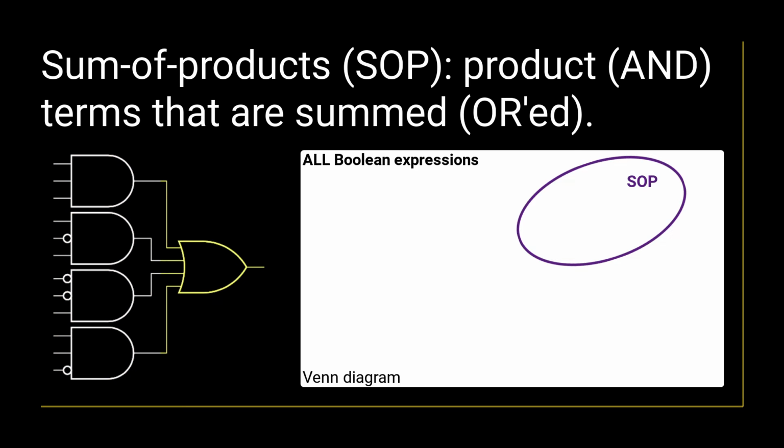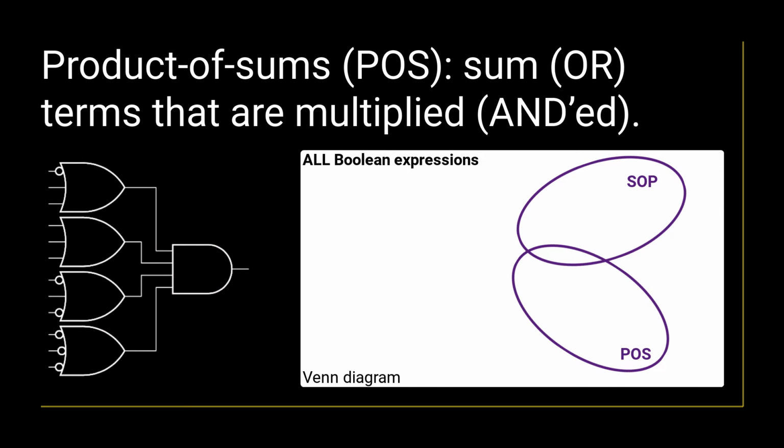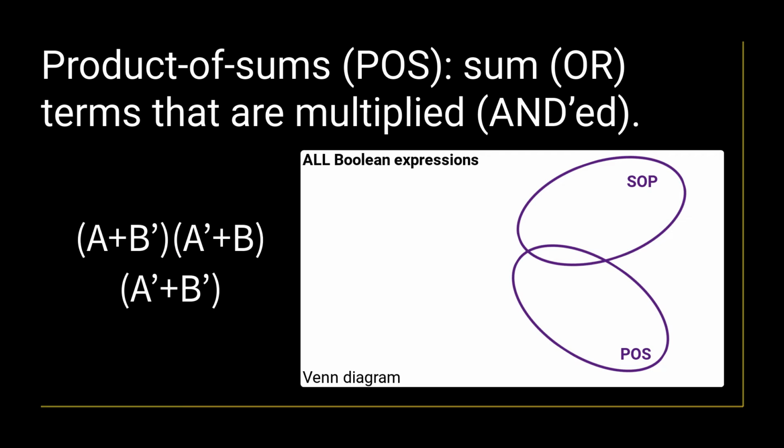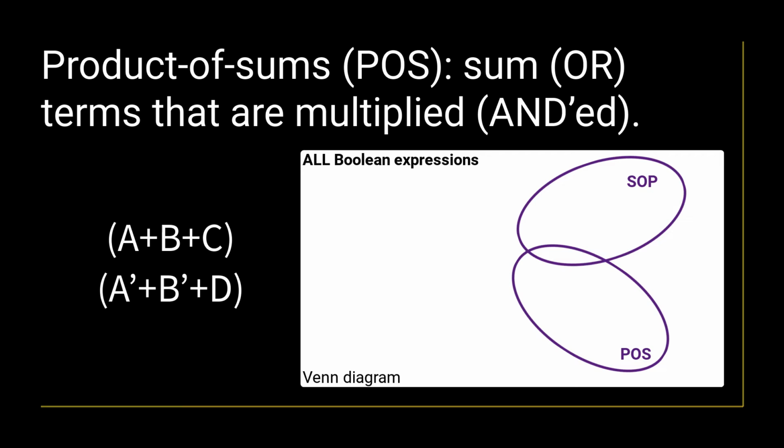gate at the output. Product of sums, or POS expressions, are Boolean expressions that consist of sum terms that are multiplied, ANDed together. A plus B prime times A prime plus B times A prime plus B prime is a POS expression. A plus B plus C times A prime plus B prime plus D is also a POS